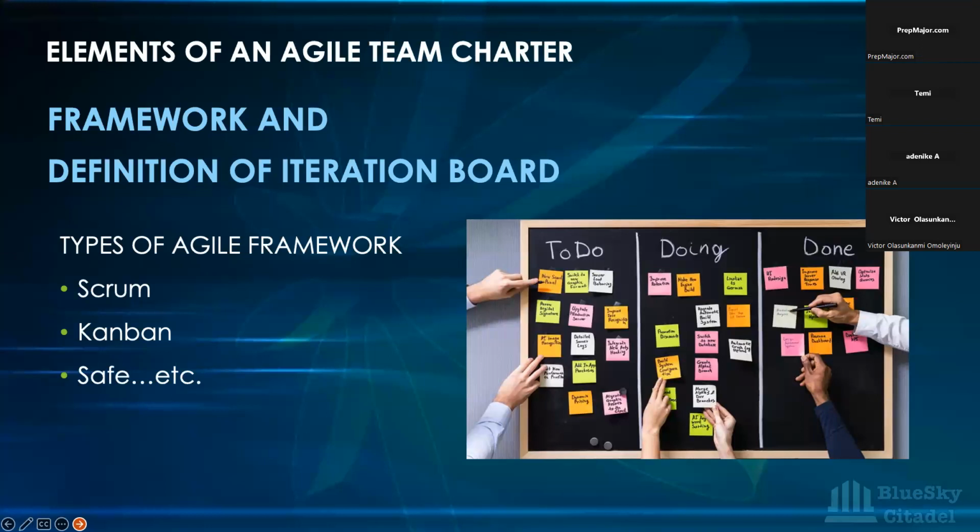What type of board, Azure board or Jira board do you want? How do you want to define your board? So define how you want your iteration board to look like. This board is also used during the daily stand-up to monitor and discuss the team progress. And the board specification may vary again, like I said, based on your framework. So if you are using a Kanban framework or a Scrum framework, it differs. So you decide on the number of columns your board should have and what statuses these columns should be. And the board should consist of statuses, like I said,